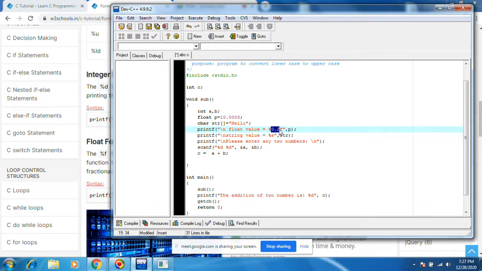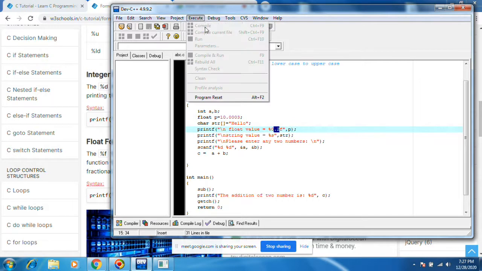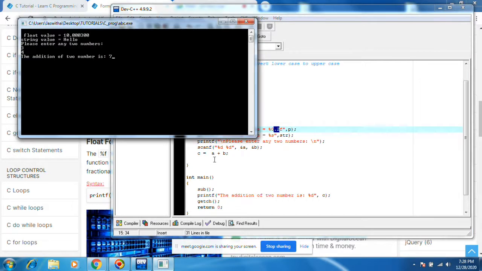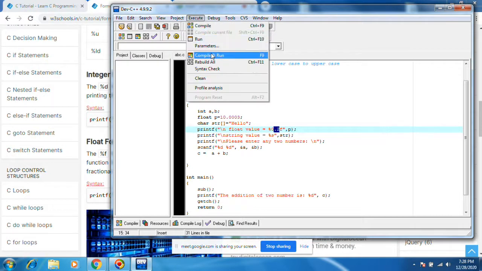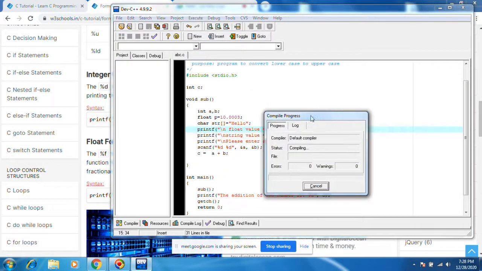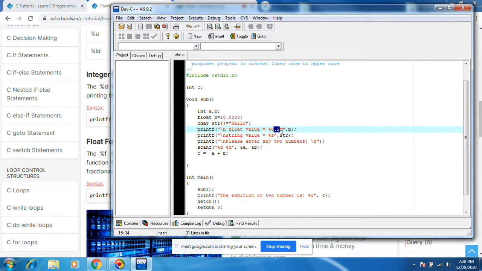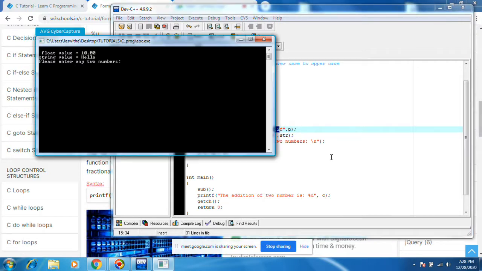You can mention how many numbers you want to keep after the decimal point. Yeah, you can choose 0.2. Execute, compile and run. Now you will see only 2 digits after the decimal in the float.